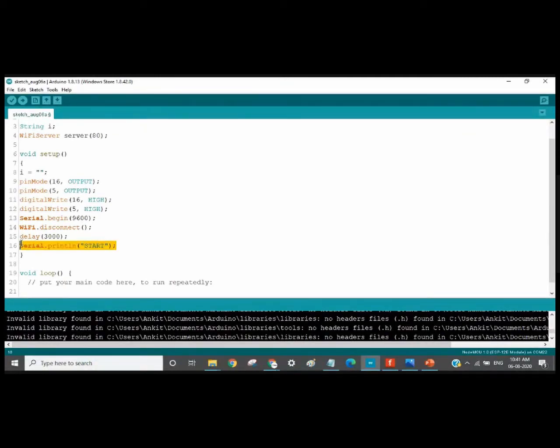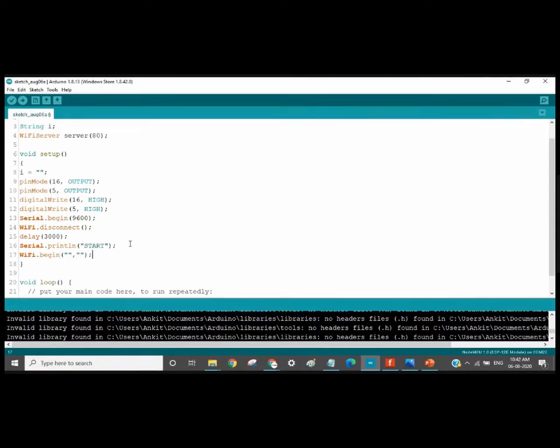You can skip this line, but I am writing it in order to see whether my device has started communicating with my laptop or not. After that, I'll write WiFi.begin, and then I'll write my credentials in this.